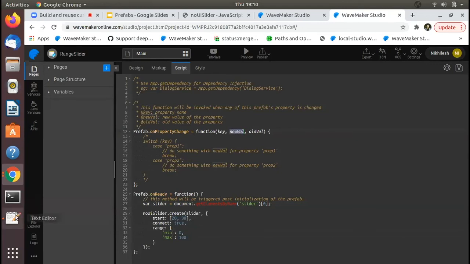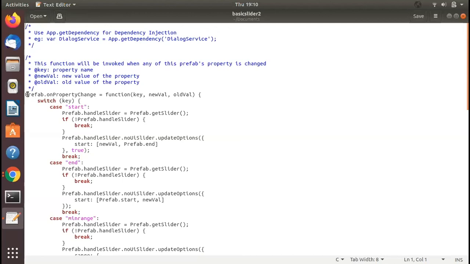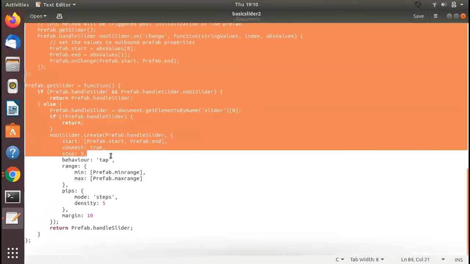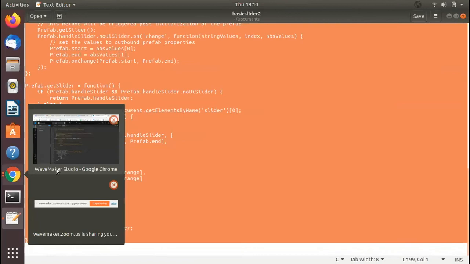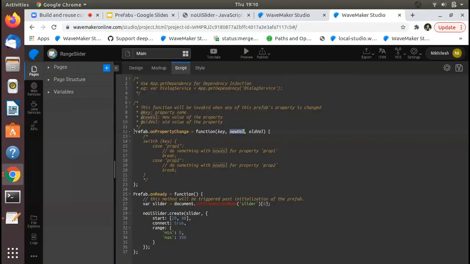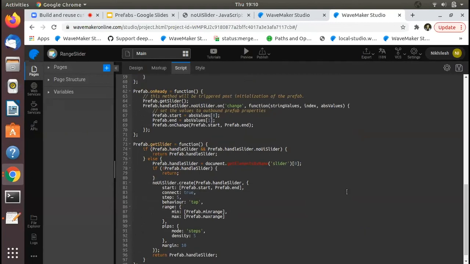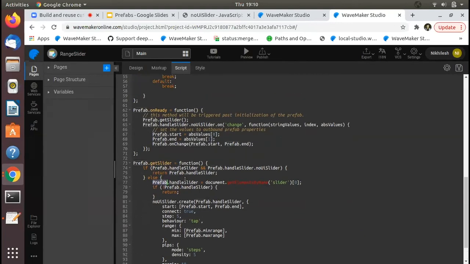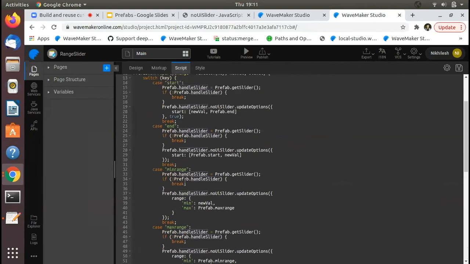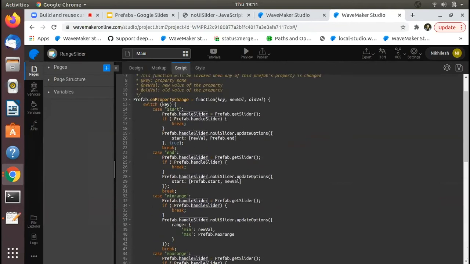So in the interest of time, I already have some script to handle these dynamic things. I'll just copy this and paste it here. It creates a slider on the prefab variable, and our property change handler just updates the slider with the latest values, with the current newVal.